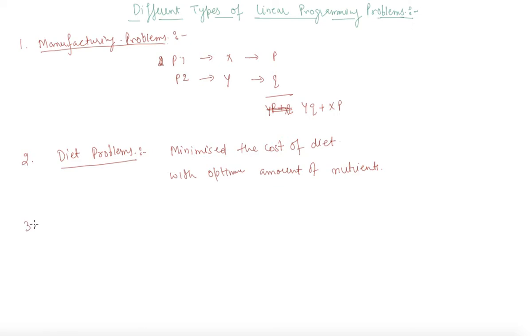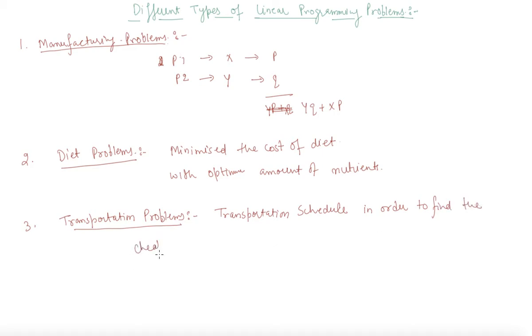The third one is transportation problems. So in transportation problems we need to determine a transportation schedule in order to find the cheapest way of transporting a product